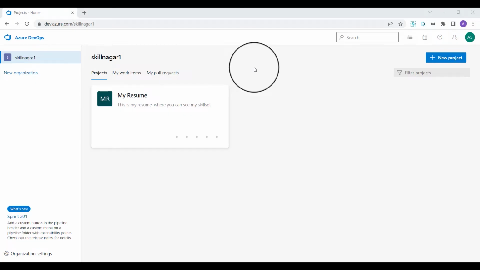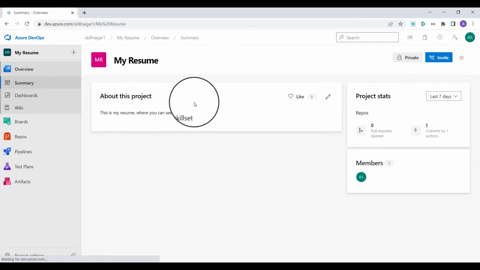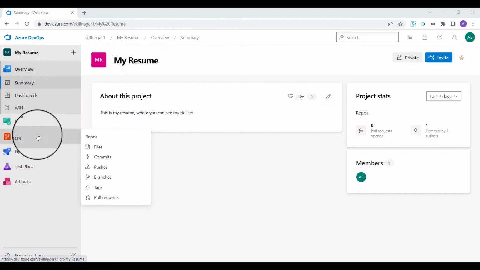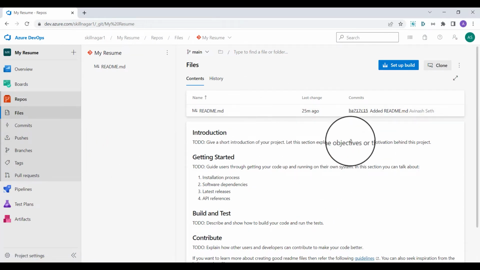Okay, so now let's discuss this scenario. I am inside my DevOps web portal. I'm going to click on this My Resume project which I'm building. Now what I'll do, I will come back to my repos section. So I'm going to click on this repos, and here you can see I'm getting this whole thing which I